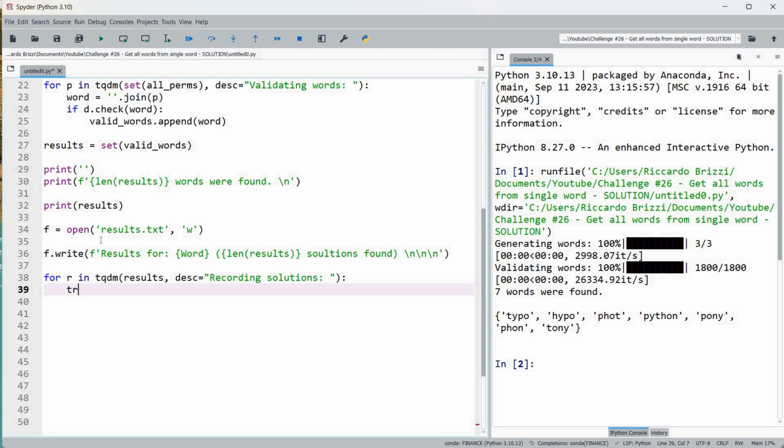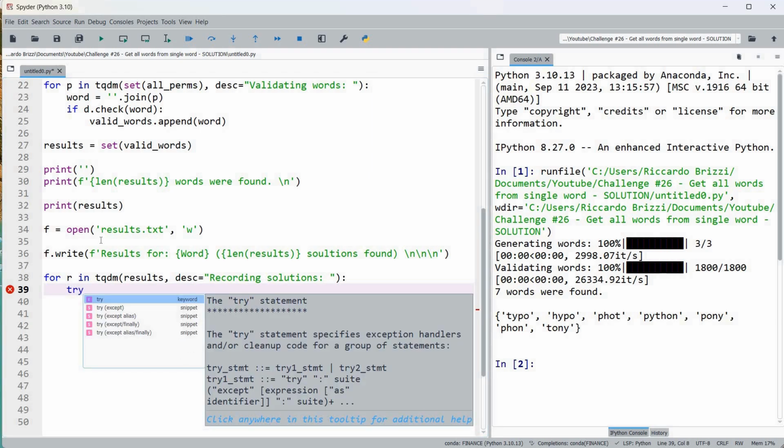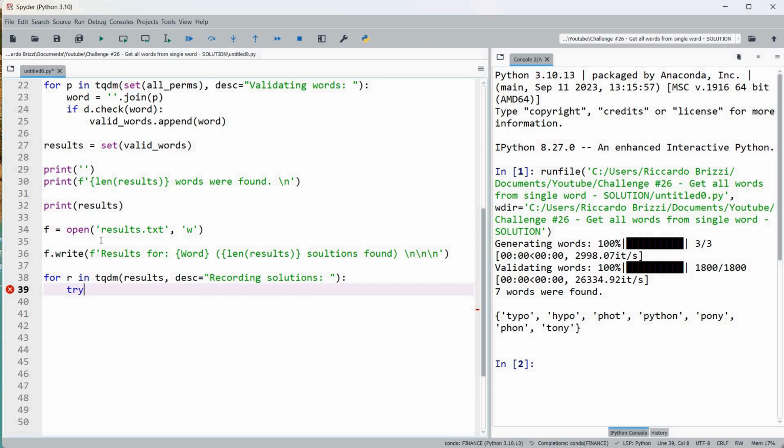And then we can say try, because not in all cases will we be able to find a solution or a meaning to some of these words, because some of them are indeed a bit archaic and so difficult to find. And we can say try, then mean will be